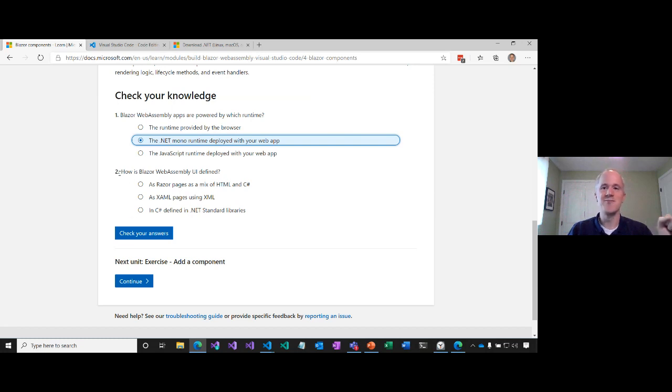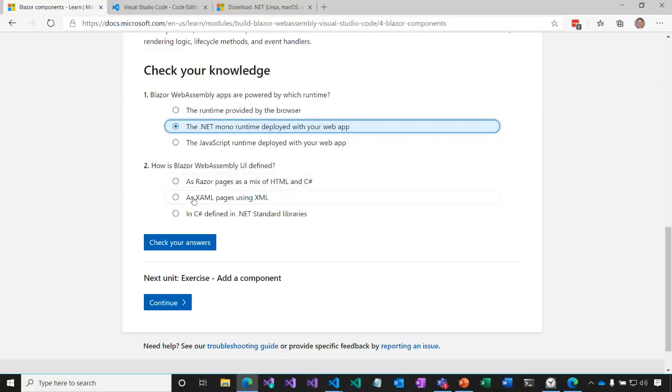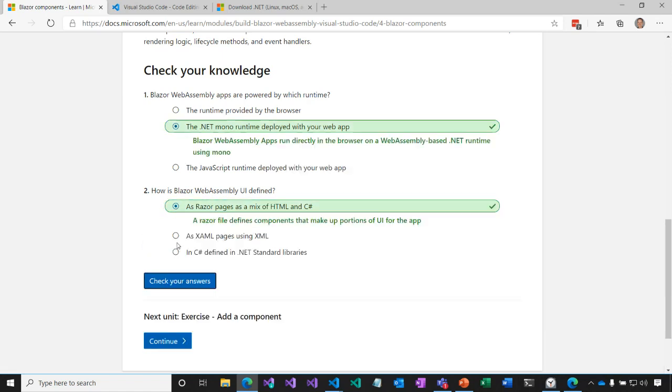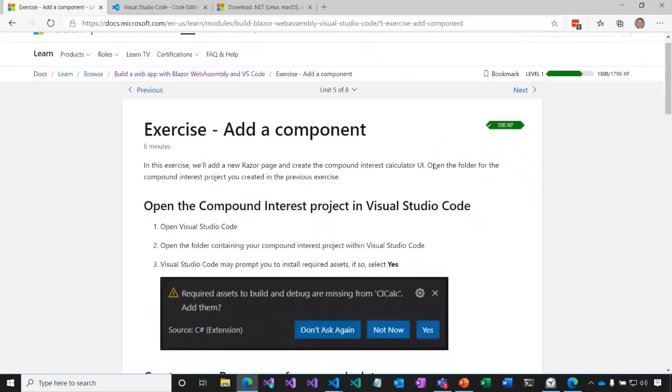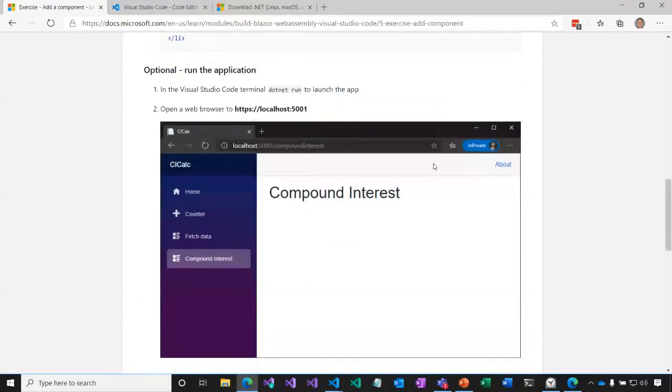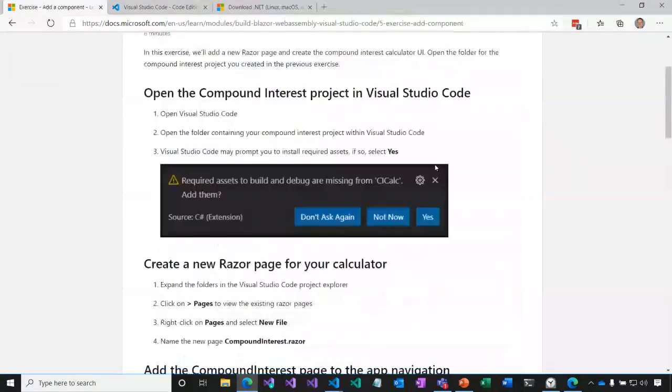Okay, second question. How is Blazor WebAssembly UI defined? As Razor pages, as a mix of HTML and C#, as XAML pages using XML, or in C# alone defined in .NET standard libraries? Correct answer is A, using Razor syntax in these Razor components, like we saw with the counter component. Let's see if I got it right. Woohoo! Yes! Should be getting more experience points. Yes, I'm ready to level up. So make sure you're getting credit for all the work that you're doing. Okay, we're moving on to the next